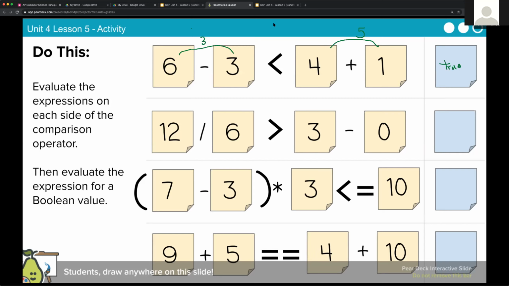All right, so it looks like most of y'all have gotten in your answers. So let's go ahead and check. I'm going to go ahead and just annotate my screen. And let's see here. So this first one, on the left-hand side of our operator, we have 12 divided by